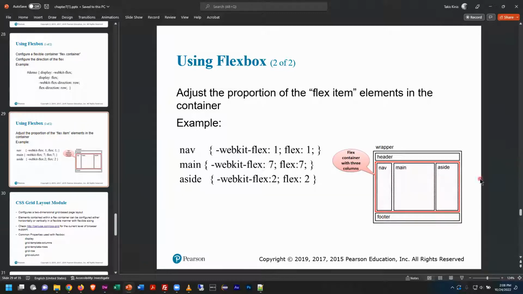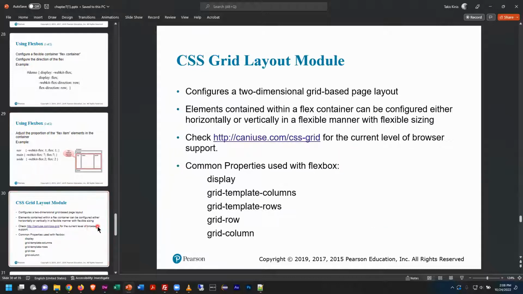And as I change my screen size, those proportions are maintained. That's really what Flexbox does. So that can be really, really helpful for your designs. Another approach to doing responsive design is to use